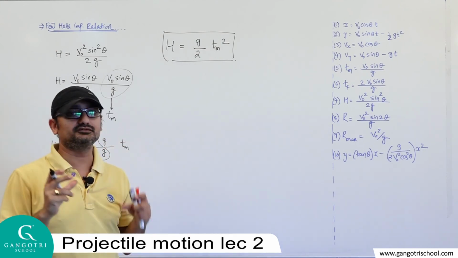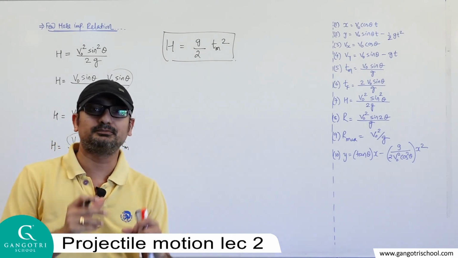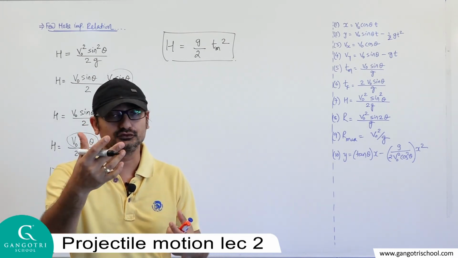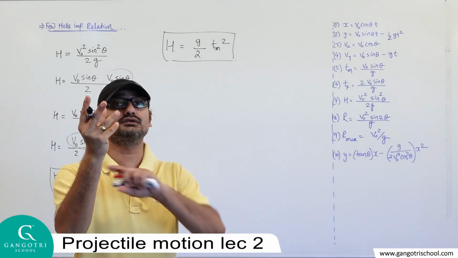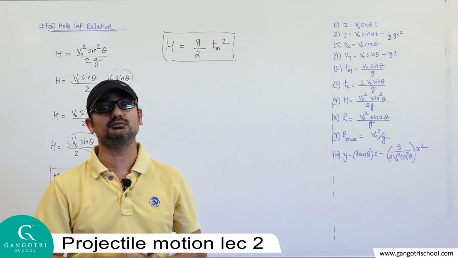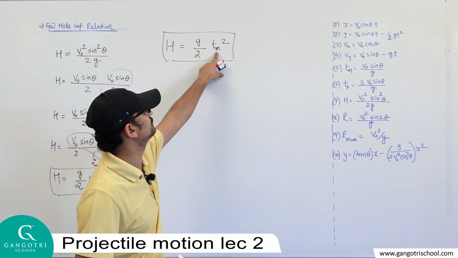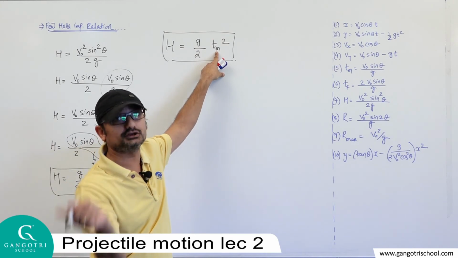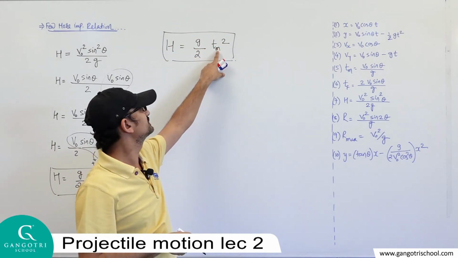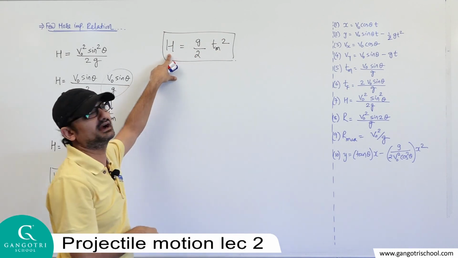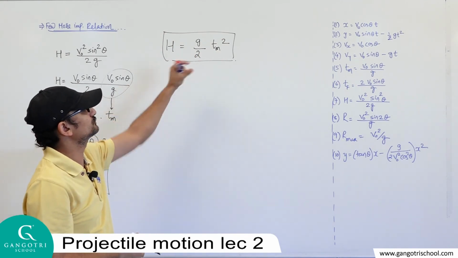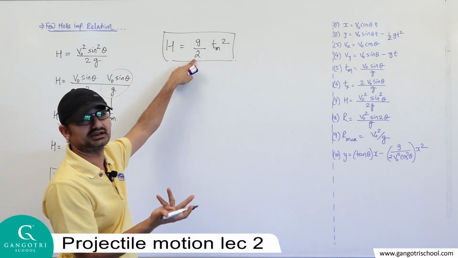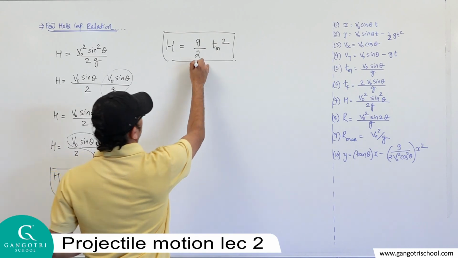Okay, suppose in any MCQ of projectile motion, at what angle the object is thrown is not given to you. With what velocity the object is thrown is also not given to you, but suppose only one piece of information is given to you, that the object is thrown at some angle with some velocity and it takes 2 seconds to reach maximum height. Tm is given to you. Then find the maximum height. So we can directly get the answer through this formula, because g and 2 are constants, the value of g is 9.8 as it is.